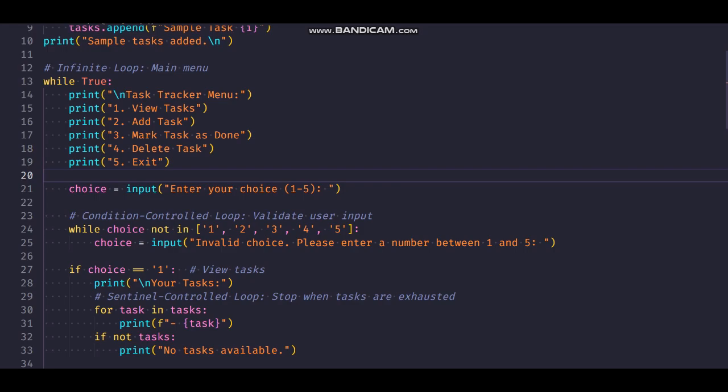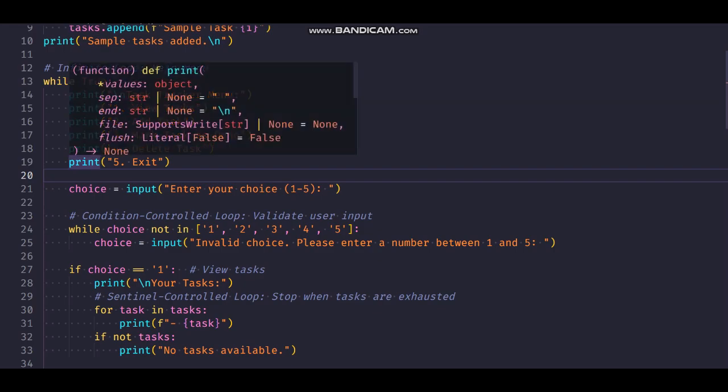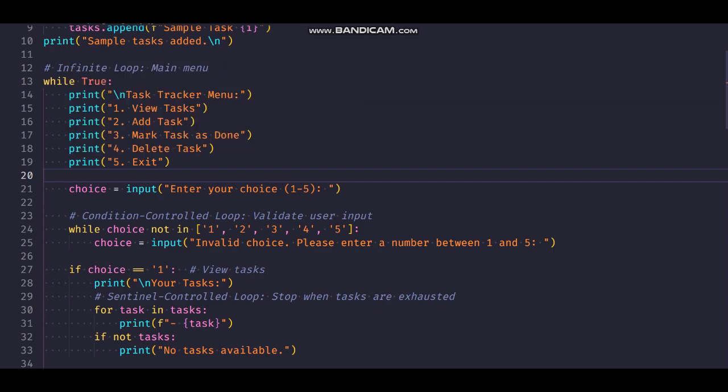Here's the key part. While True: print("\nTask Tracker Menu"), print("1. View tasks"), print("2. Add task"), print("3. Mark task as done"), print("4. Delete task"), print("5. Exit"). choice = input("Enter your choice (1 to 5): ")